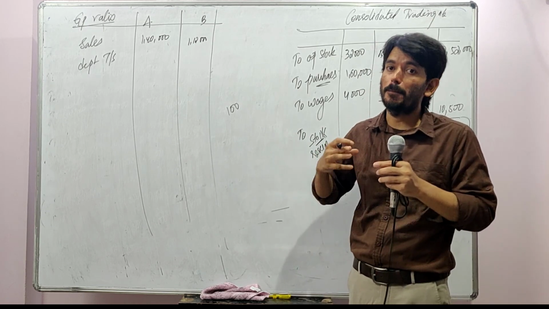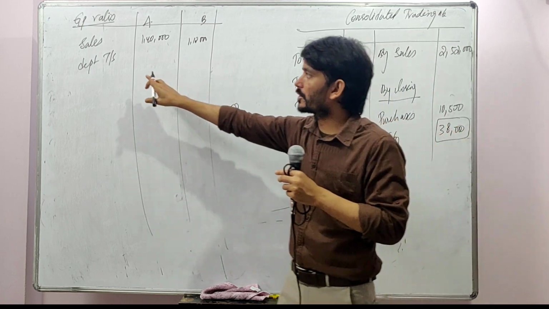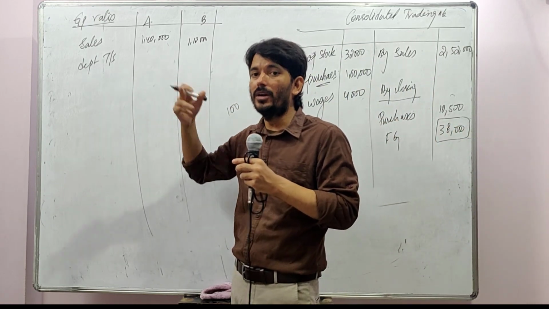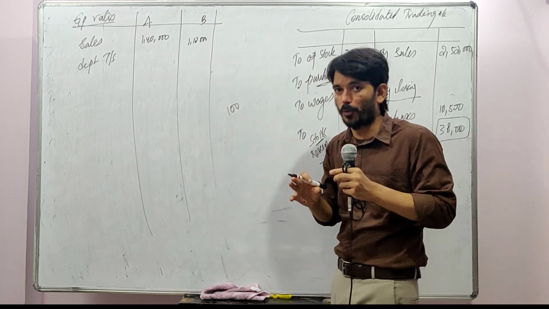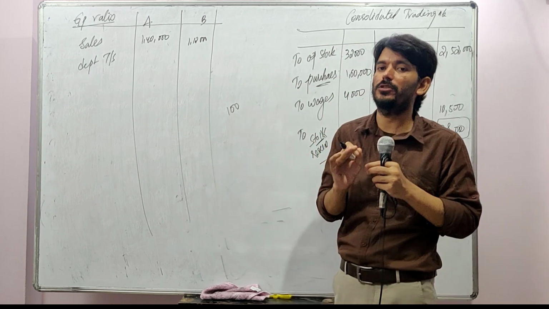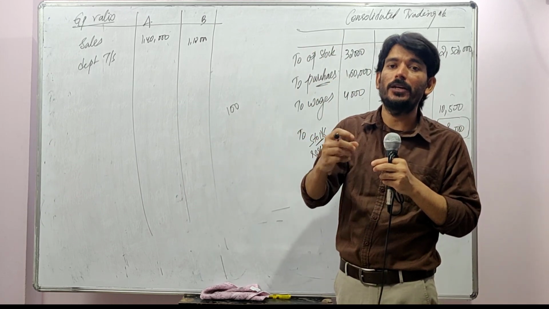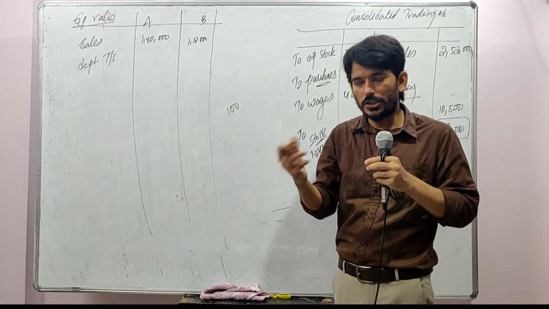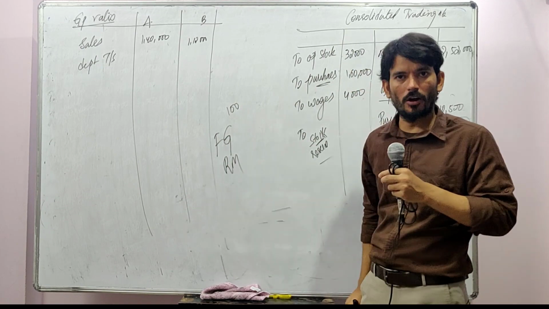But if I am transferring my purchased one, I am transferring it at cost. So what I should consider? I should consider only the finished goods I am transferring it to you. I will repeat this point. This is very crux of the question. The numbers are very easy to get, but the crux you try to understand. Each department is transferring it to another department, both finished goods as well as purchased good, raw material.